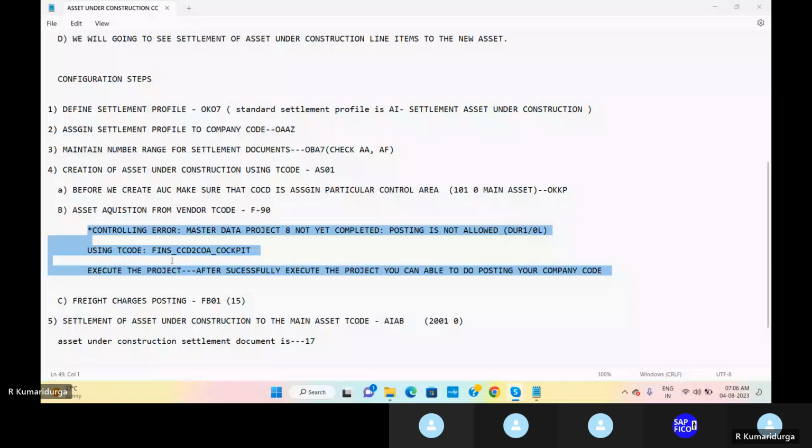So in this, when it comes to the asset under construction, master data project eight not yet completed. See, when you are settling the asset from asset under construction to the main asset, system will definitely ask you to create a project